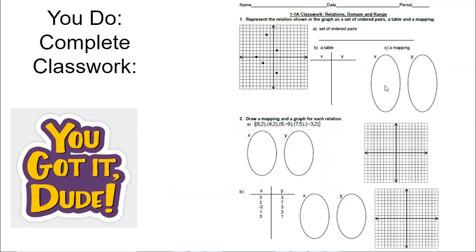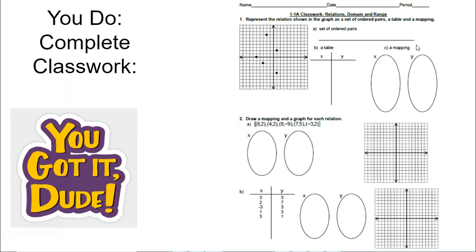So I'm going to make it a little bigger for you to see up there. And we're going to go through 1 and 3 together. And then hopefully you'll have enough confidence to do the remaining independently, right? All right, so looking at number 1,